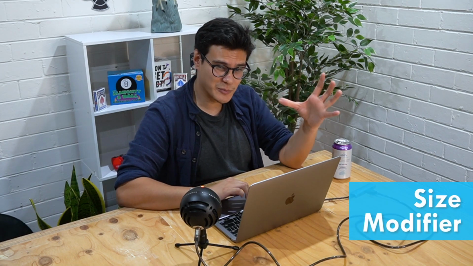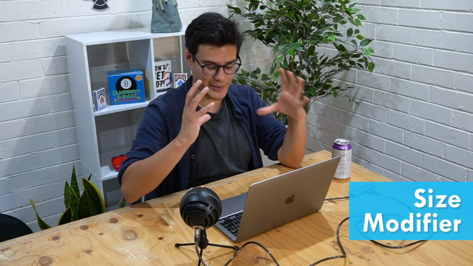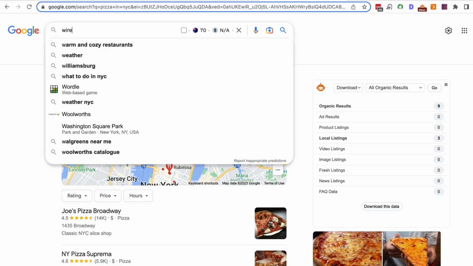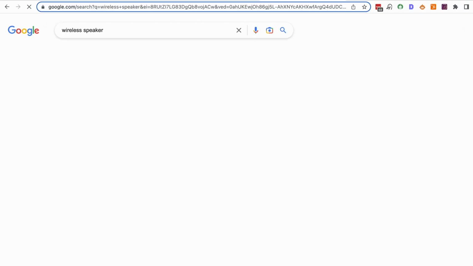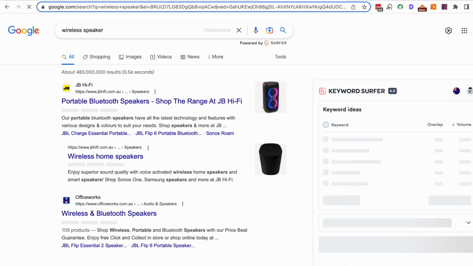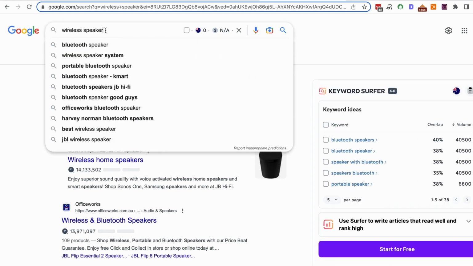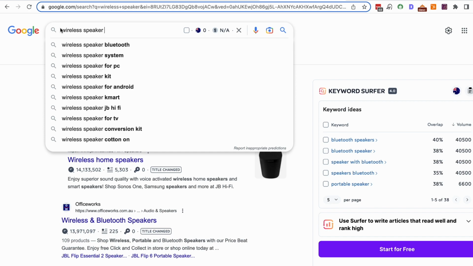There are things like size modifiers, which can describe basically the size of a particular product. A great example of this would be "wireless speaker." It's great to have a wireless speaker, but we know that wireless speakers are usually quite small, but people might be searching for a "mini wireless speaker" on top of that too, which can create a whole different category that